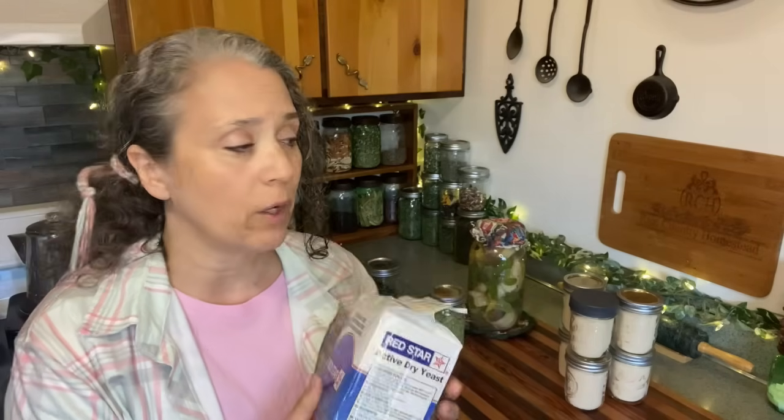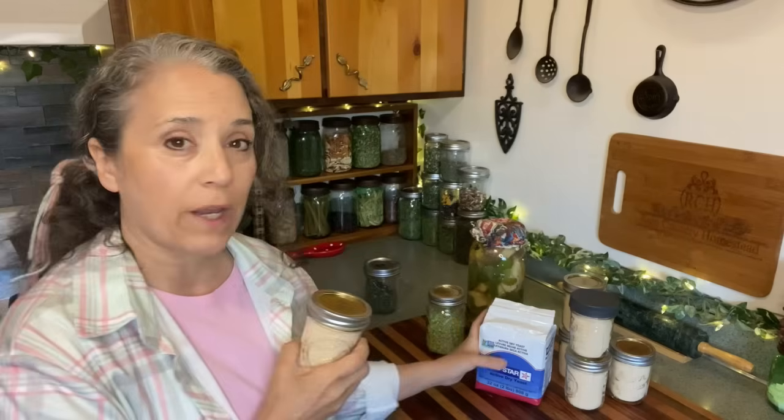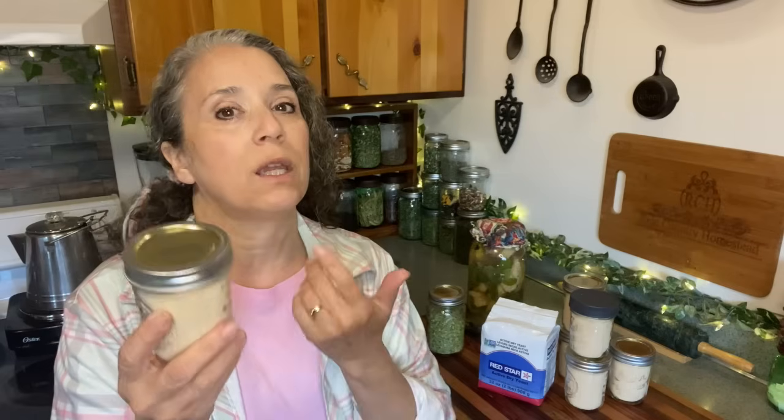In fact, I don't know how old some of this yeast is. I've had it put up for quite a while. And when I need to break into a new package, what I then do is divide it up into half-pint jars and then vacuum seal it. When you open it, you've got this big 2-pound bag here. Vacuum sealing it is going to really stretch the life out, without having to store it in the fridge or the freezer. So vacuum sealing it means it can last for years in a jar